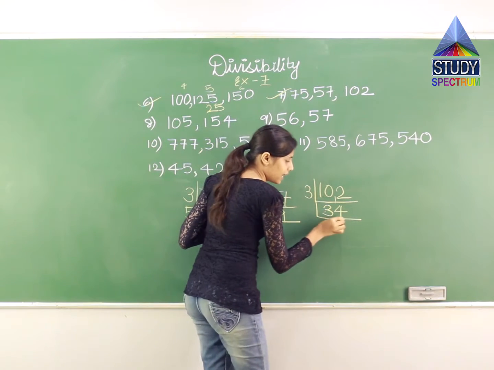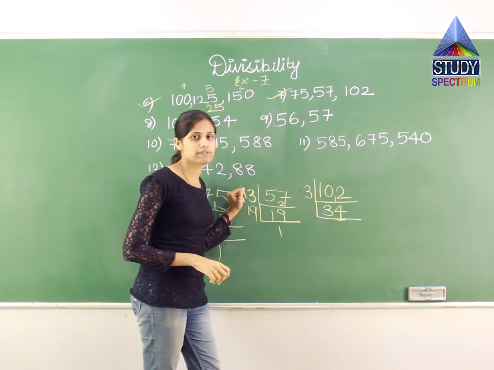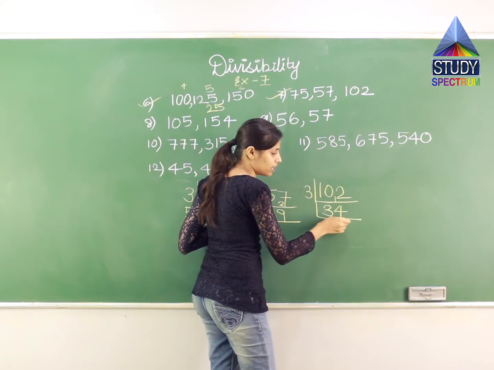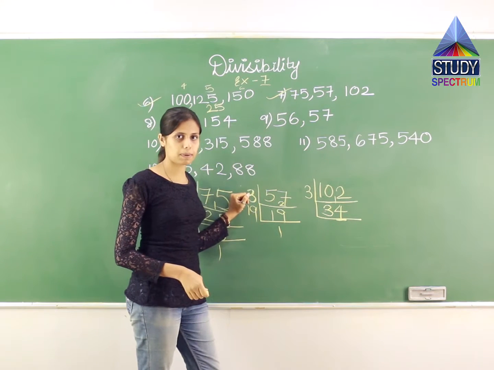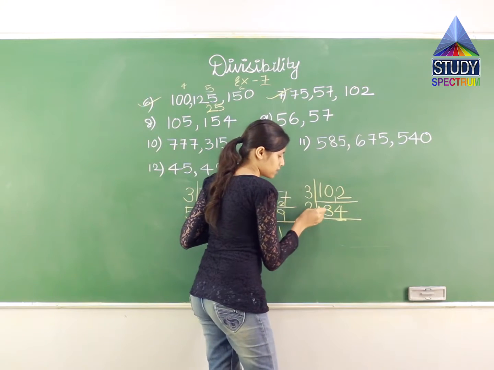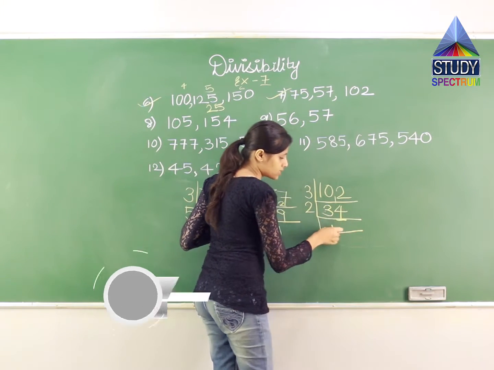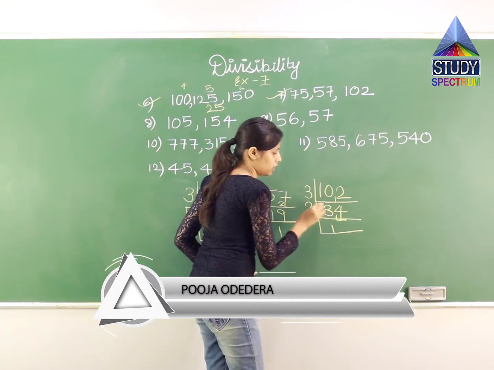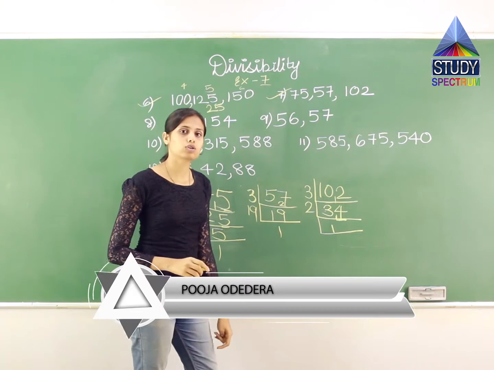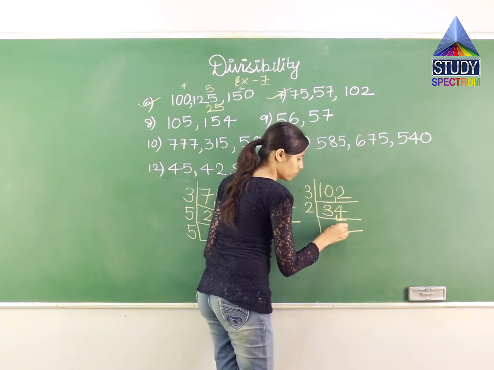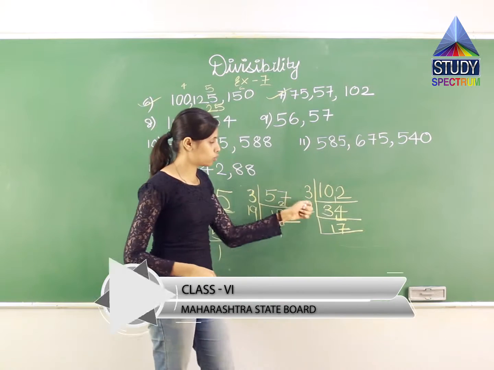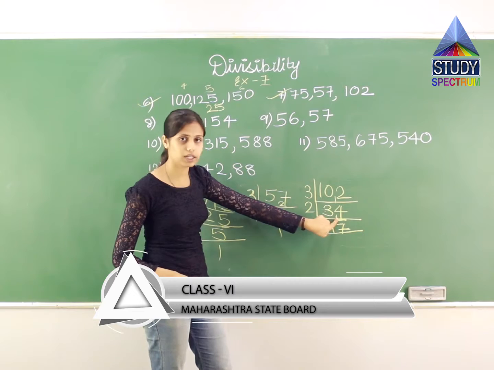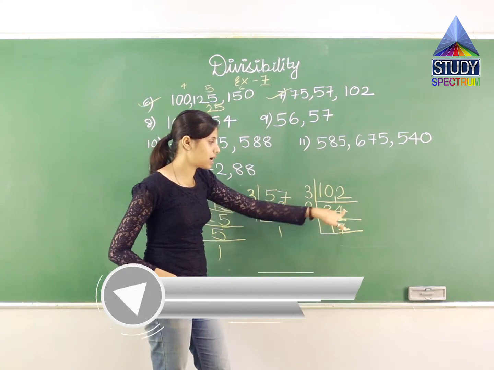I got 34. 4 at the end means it is divisible by what? It is divisible by 2. So I'll divide it by 2 because 4 is an even number, and an even number at the end means the number is divisible by 2. So I'll divide this 34 by 2. 2 ones are 2. But I have 3 over here. So this one I'll bring over here. Now 2, how much are 14? 2 sevens are 14. So 1, 7. 2 ones are 2. But over here I had 3. So 3 minus 2 gives me 1. That one I'll put over here.